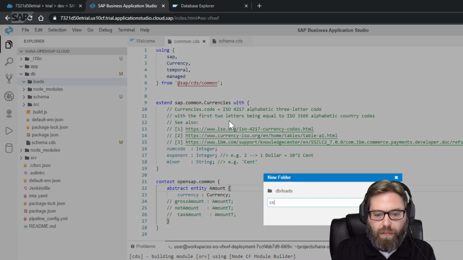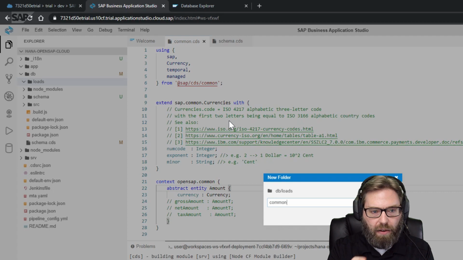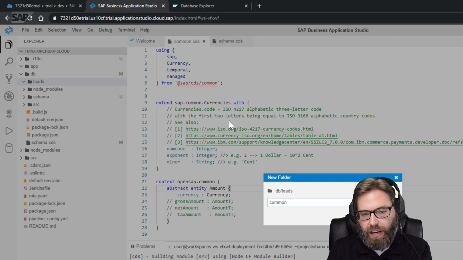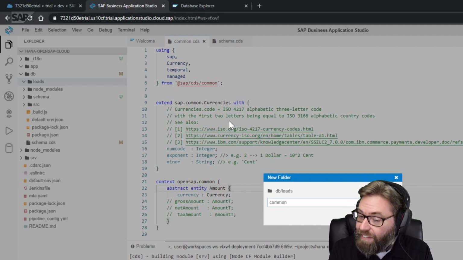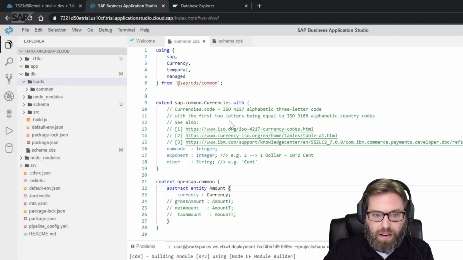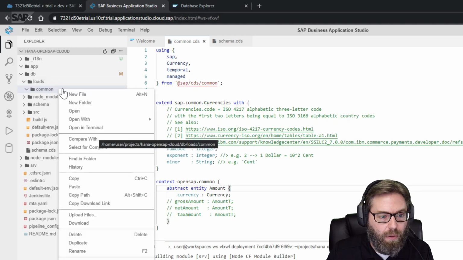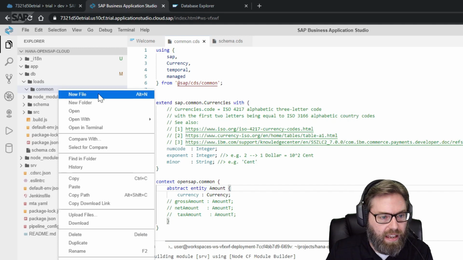I'm going to create another folder here just to match the structure that I'm creating with separate CDS definition files. So I've got this common.cds, so I'm going to create a separate folder named common. It doesn't have to be done that way. I'm doing that just to help me logically structure my project, because I'm going to get more CDS files and I'm going to have multiple entities per CDS file. It can get a little overwhelming if you're not careful, but if you structure things nicely,